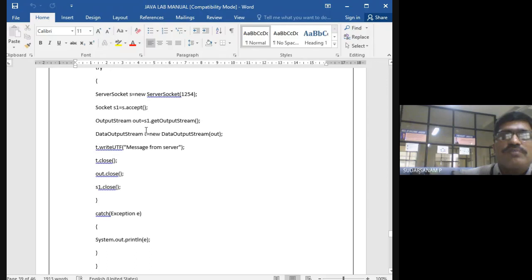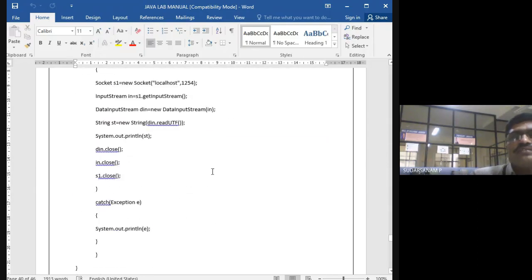Now let us see how they have written the code. OutputStream out: because you have taken the input stream, this is the out. You are passing the messages out, so you are using the output stream. For the first step, you are creating the server object, ServerSocket S1, with port number 1254 here.